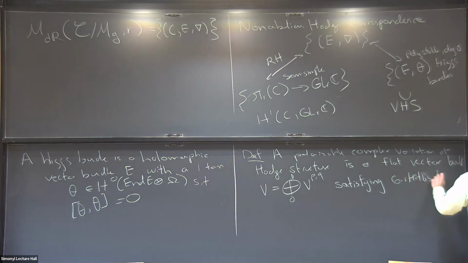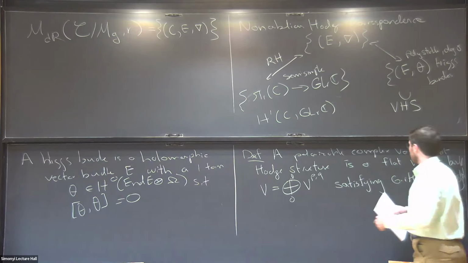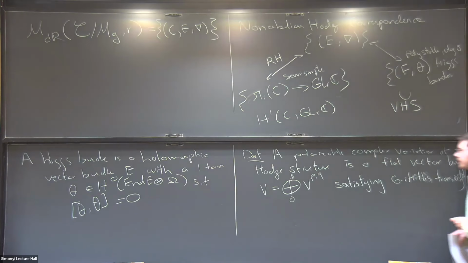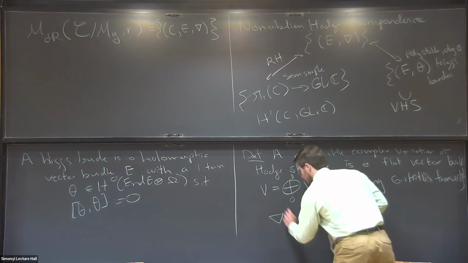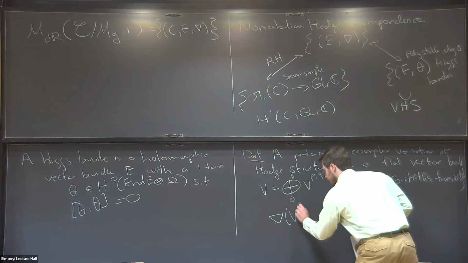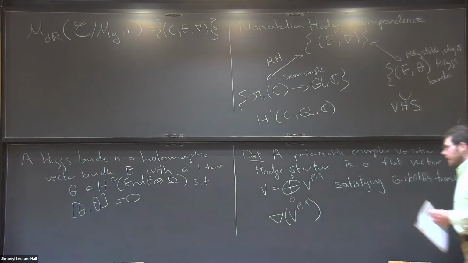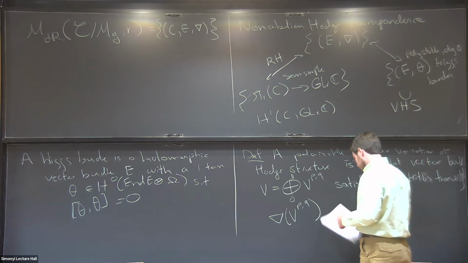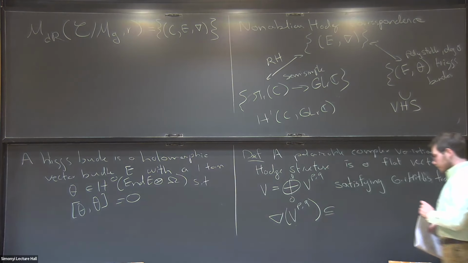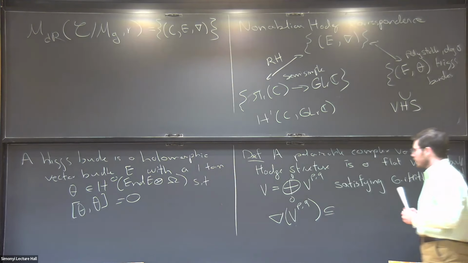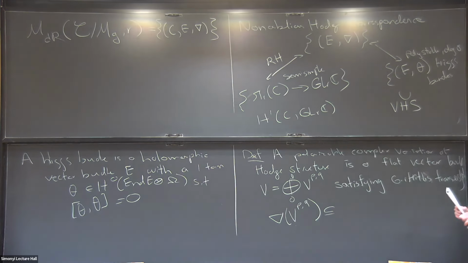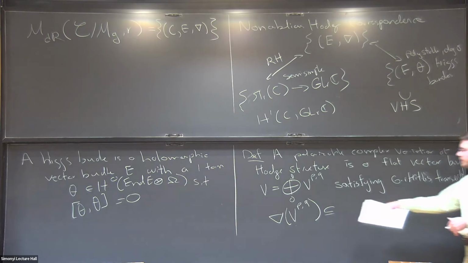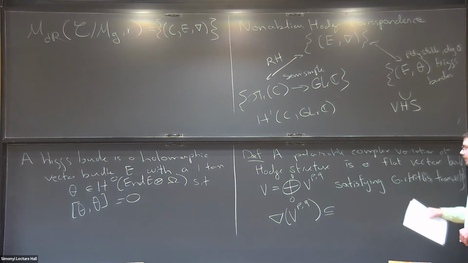Griffith's transversality. So what is Griffith's transversality? Well, I have this connection nabla, and on a VPQ piece, the connection will actually decompose into quite a few parts. The connection is going to decompose into 4 different operators, and so there's 4 possible places that this VPQ piece